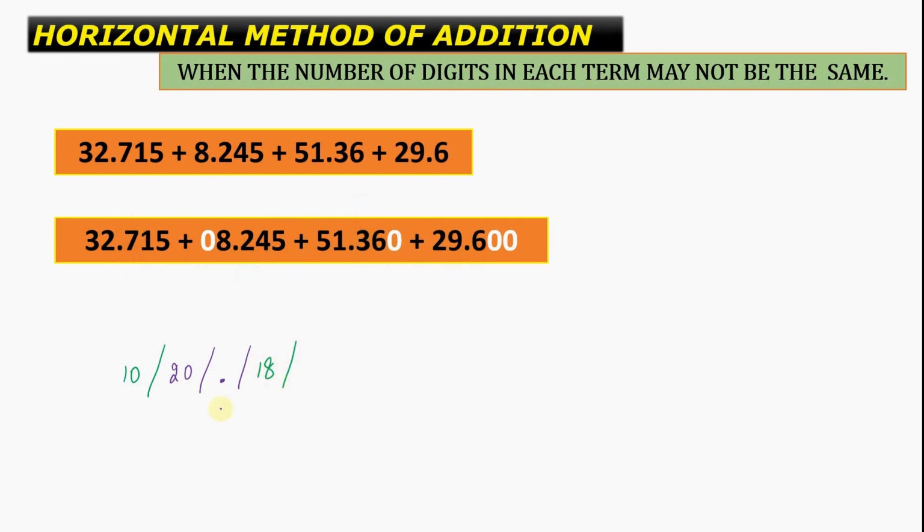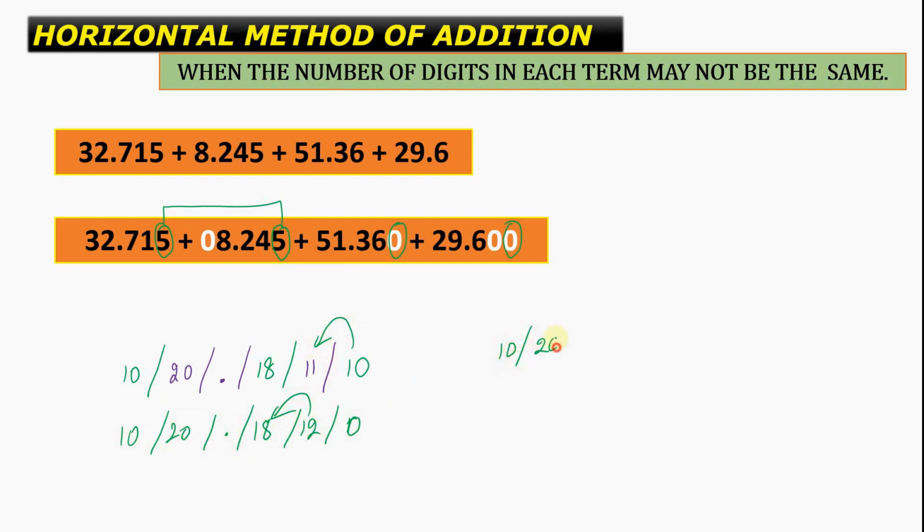Moving on, 1 plus 4 plus 6 plus 0. So 4 plus 6 will give us a 10 plus 1, that is 11. And lastly, we will add 5 plus 5 plus 0 plus 0. So 5 plus 5 will give us a 10, and we will write 10 over here. Then again moving on like this, we will add 12, 0, 18, decimal, 20, 10. This 1 is going to get carried over.